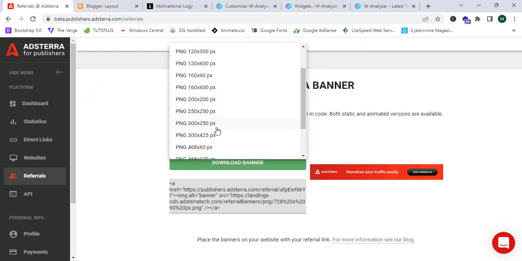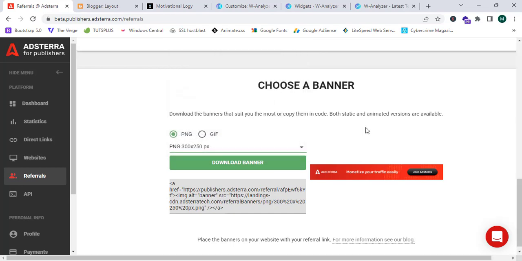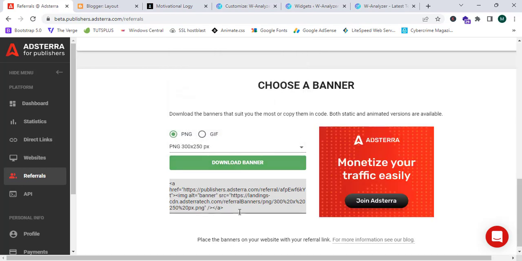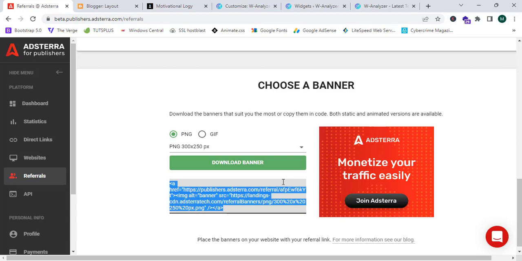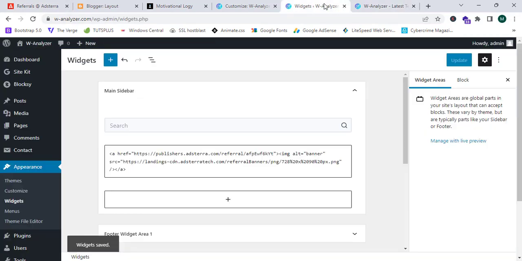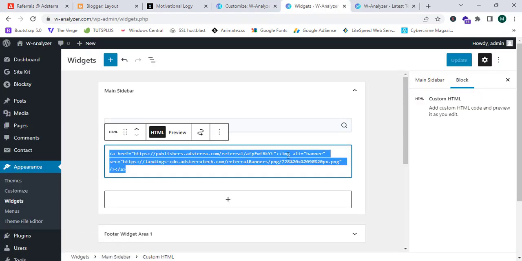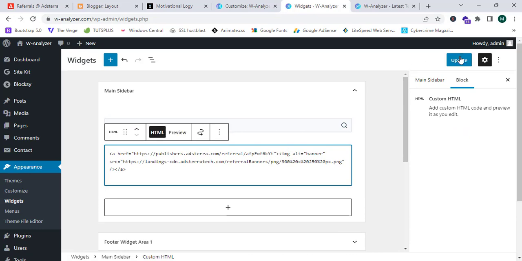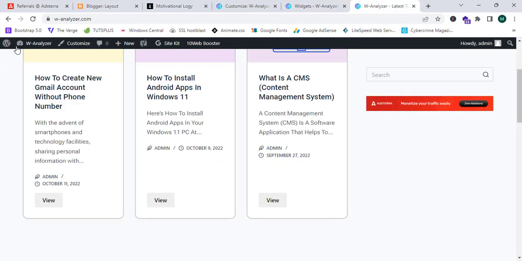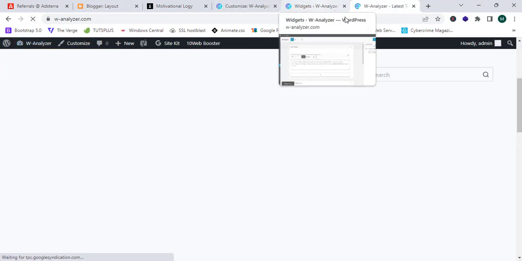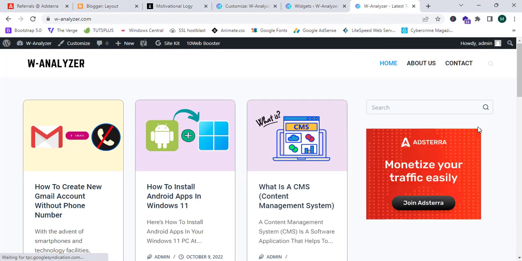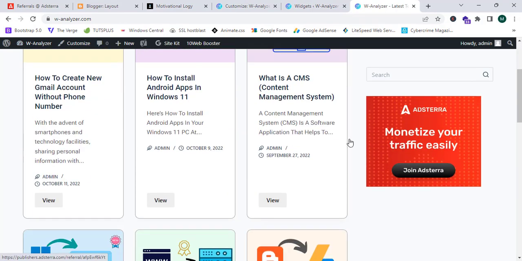So now I'm going to increase the size or change the type of my banner. As you guys can see, this preview looks really great. So now I'm going to remove this code, and I'm going to paste this one. I'm going to click on update, and I'm going to refresh this. So now as you guys can see, here I have successfully placed my banner using AdSterra, and this is an